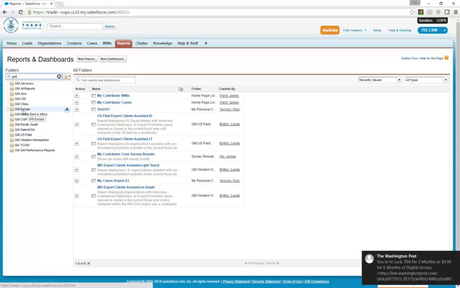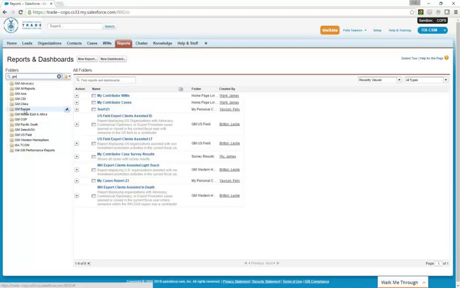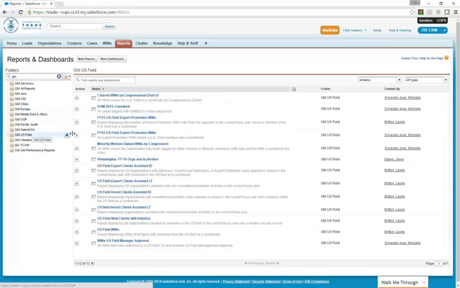If you are in Europe, you look at the GM Europe folder. If you are in China, you will select that. Once you select that folder, it will show you all the reports that are in that folder. The main ones that we are looking at are the light touch reports, the in-depth assistance reports, and also the